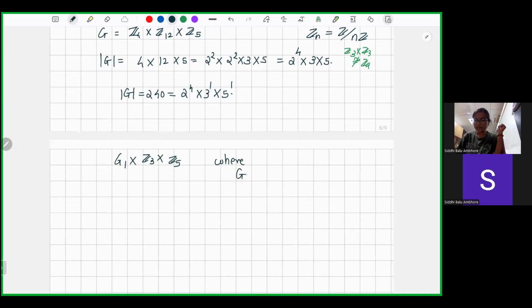where this G1 is some Z power 2 alpha 1 cross Z power 2 alpha 2 cross this Z power 2 alpha t, since we are following this, where this alpha 1 plus alpha 2 plus alpha t adds up to alpha. That is adds up to 4. Okay, so the first option is